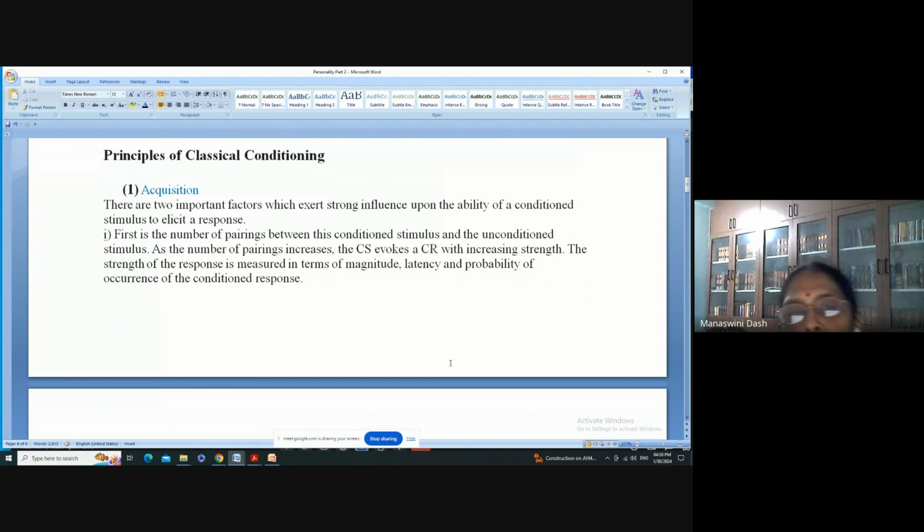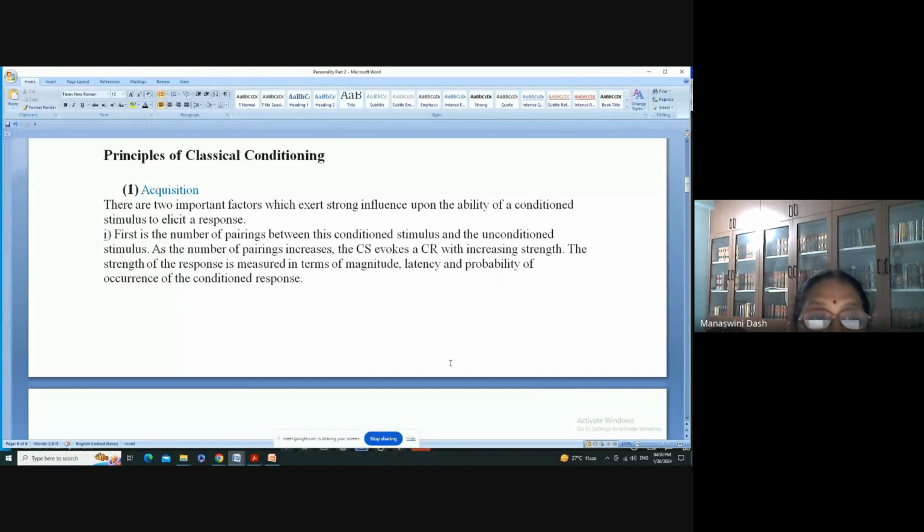There are two important factors which exert strong influence upon the ability of a conditioned stimulus to elicit a response. What is the conditioned stimulus? Here in our experiment, it is the bell. So the bell elicits response, so salivation. And